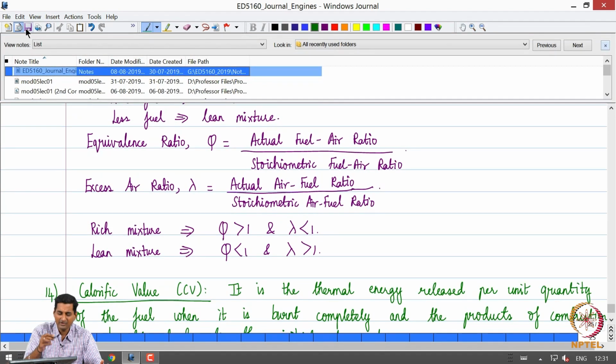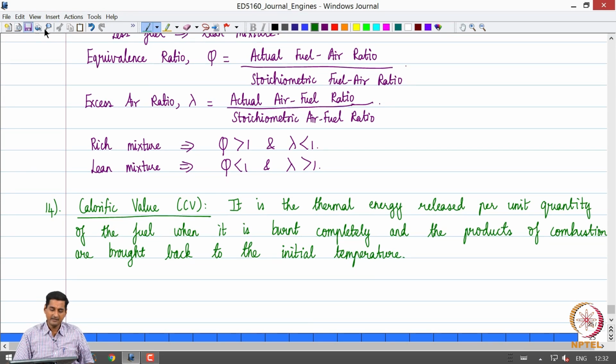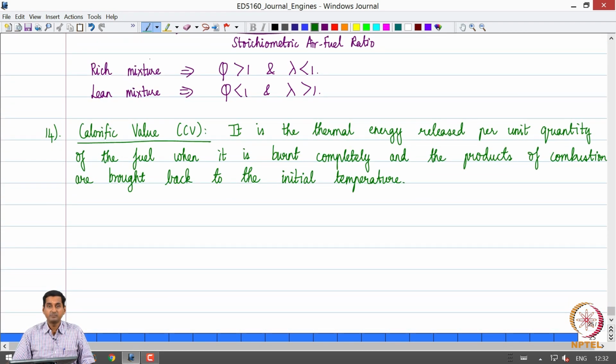So, it is indicative of how much chemical energy, the heat energy, that you can get by burning the fuel, by combusting the fuel. So, these are some parameters that are used for quantifying engine performance. Okay. So, the next thing I want to discuss in today's class